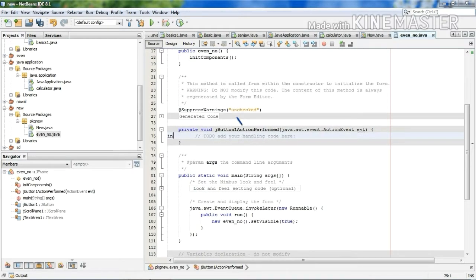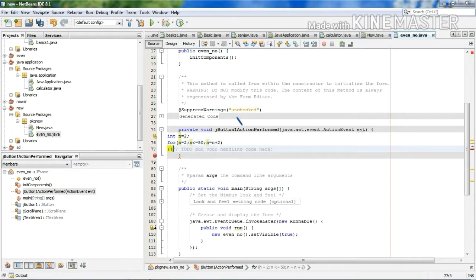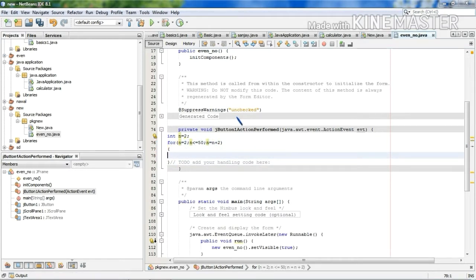So double click on the jButton and write int n = 2; enter, then for (n = 2; n <= 50; n = n + 2), then open and close curly brackets, and write between them jTextArea1.append(